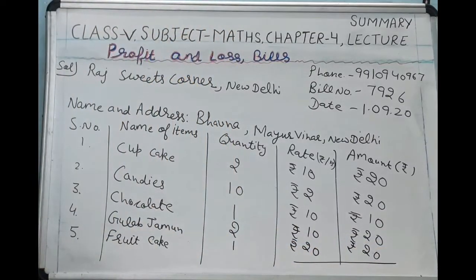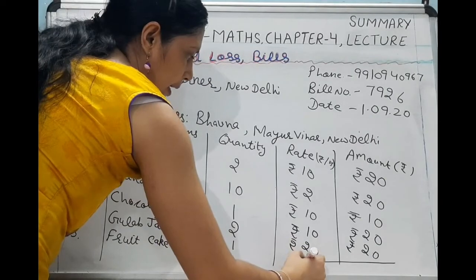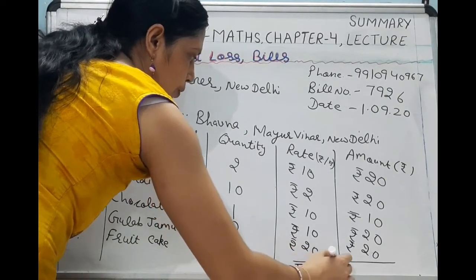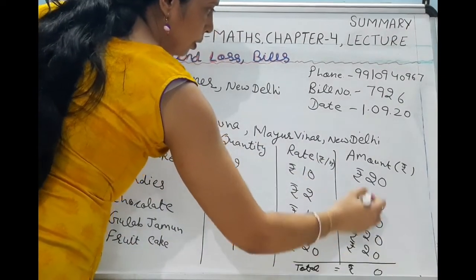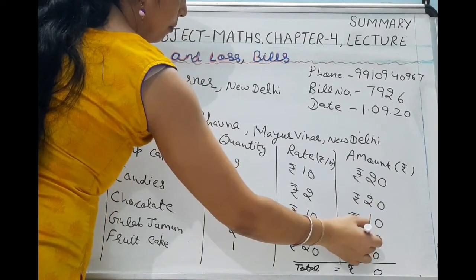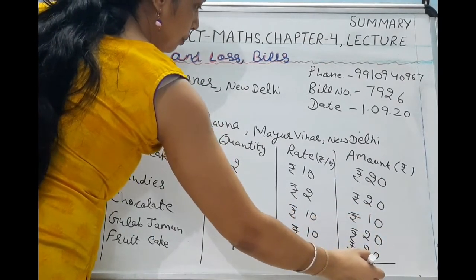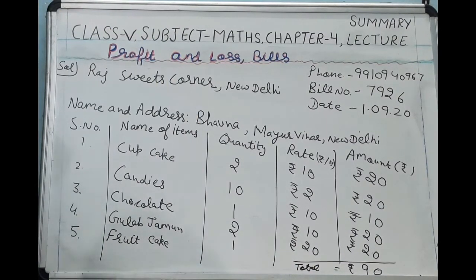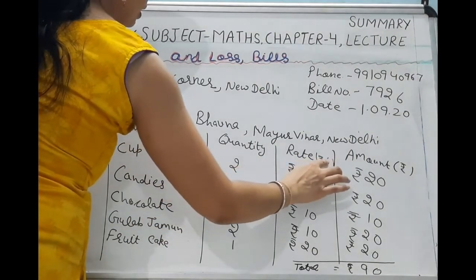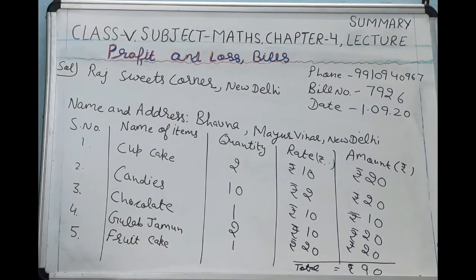Then here we will do total. And at last you have to write down signatures also. 0. 2 plus 2, 4. 4 plus 1, 5. 5 plus 2, 7. 7 plus 2, 9. Okay. After total, there will be one column for signature of the shopkeeper. Understood? As these things are not in kilograms, so no need to write down this. Write only rate in rupees. Okay. So keep these things in mind.